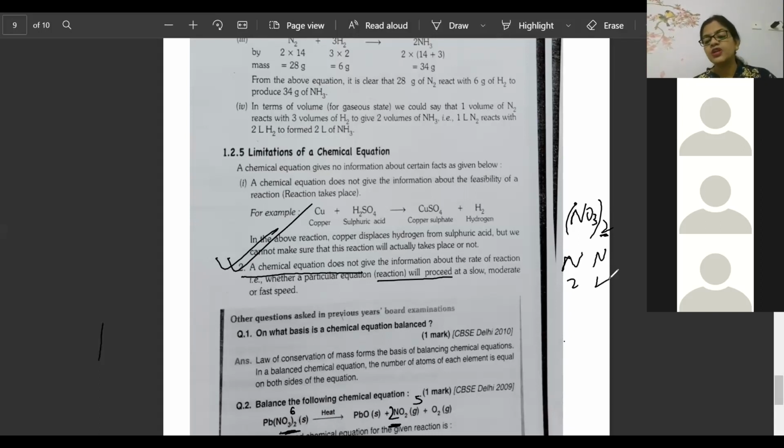But beta, once we put that, the oxygen number changed. What is the new number of oxygen on the right-hand side? 2 plus 2 plus 1. So now the new number of oxygen is 4 plus 2, 6 plus 1, 7. And here the oxygen number is not balanced. So what will we do?